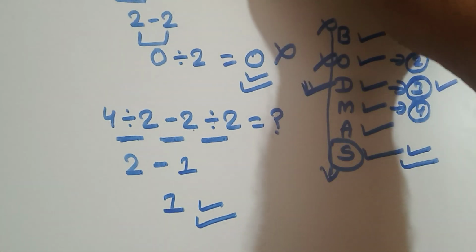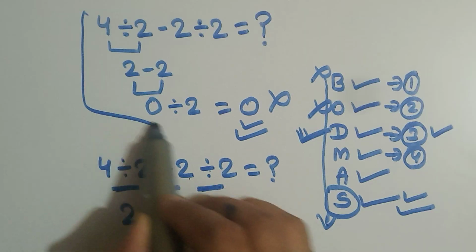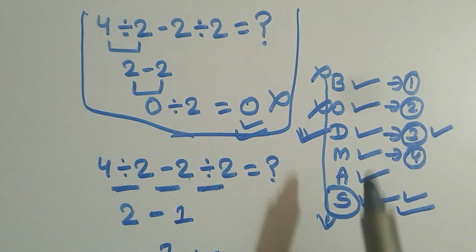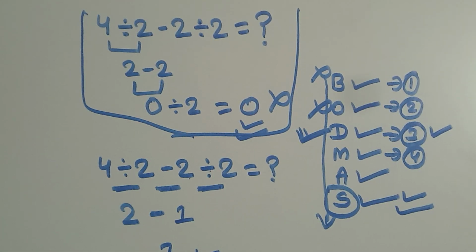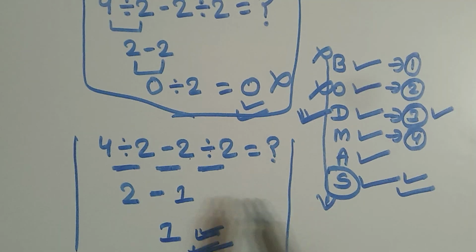But many students calculate in this way and find their answer 0. Okay, but 0 is not the actual answer for this question, right? To find the actual answer, you should calculate in this way and find your correct answer, which is 1. So 1 will be the actual answer for this question, right?